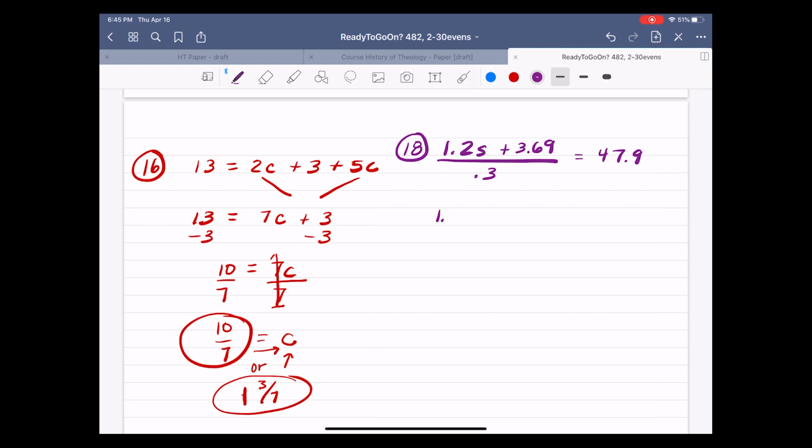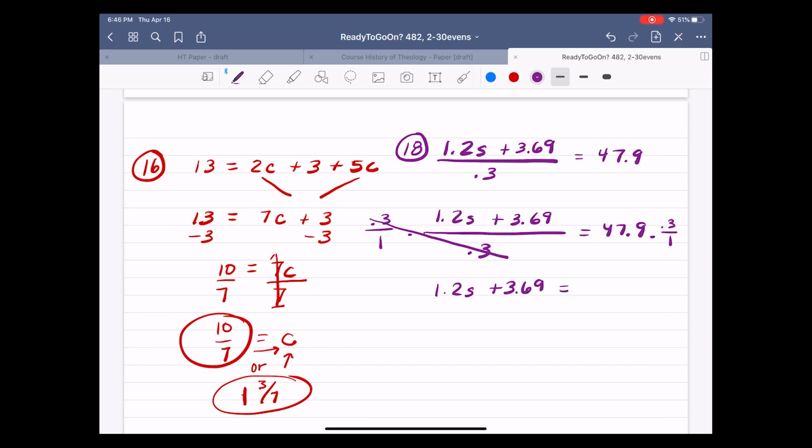And I'm going to rewrite this. The thing to remember is that you've got to get rid of that 0.3, which is divided by 0.3. So what's the inverse of divide by 0.3? Multiply by 0.3. So I'm going to multiply by 0.3 over 1. If I multiply the left, I have to multiply the right. Now these are going to cancel. So I'm left with 1.2s plus 3.69 equals, do it on your calculator, 47.9 times 0.3 equals